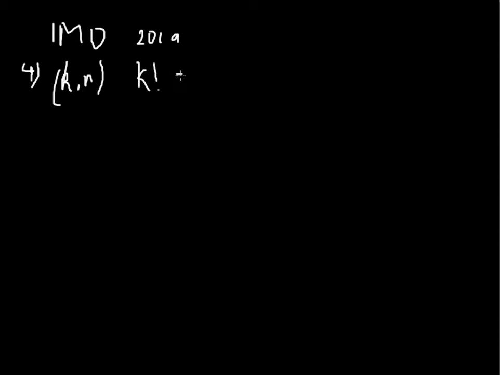So now we are going to solve an IMO problem. The problem is IMO 2019, Question number 4. Find all the pairs of positive integers k comma n such that the equation is k factorial equals